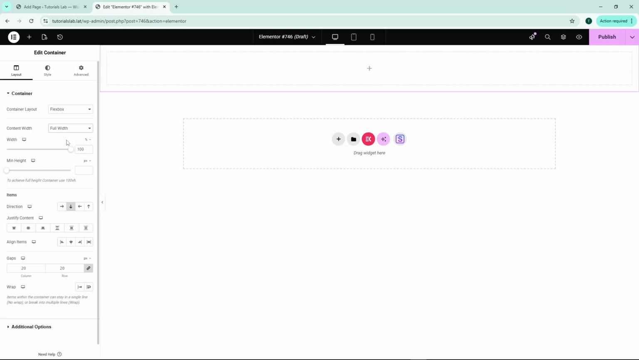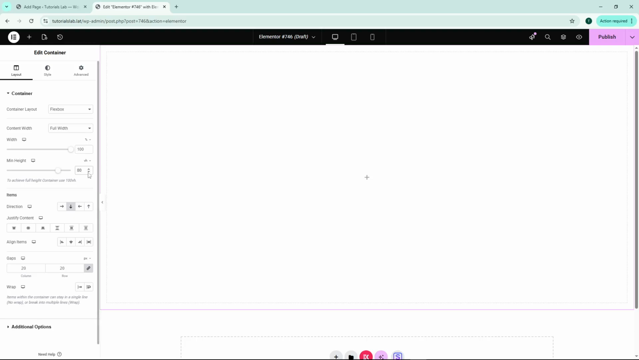Next, you'll want to adjust the min height of your container. First, click on the unit dropdown next to min height and change it to VH, which stands for viewport height. Then set the min height value to 80. This makes your container take up 80% of the screen height, giving your video background plenty of room to display